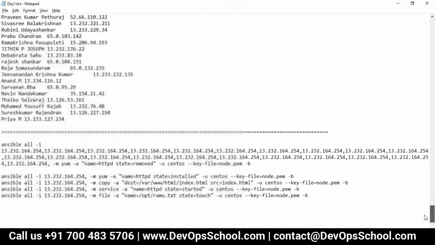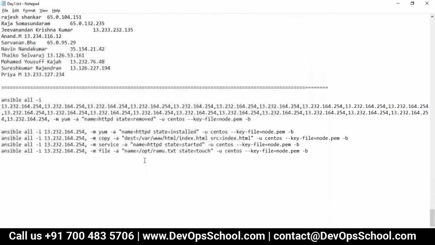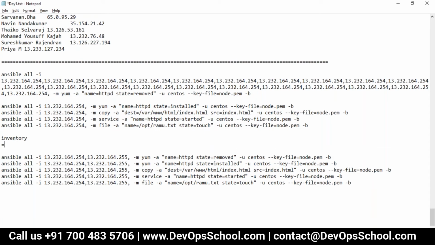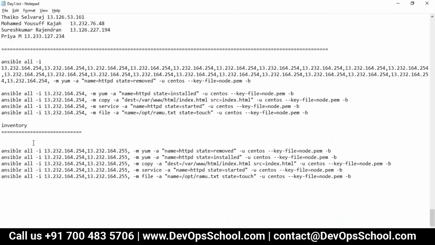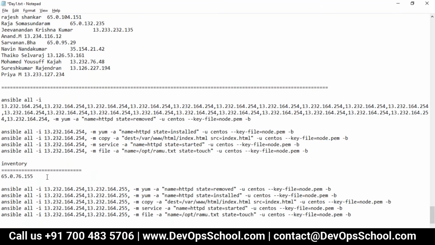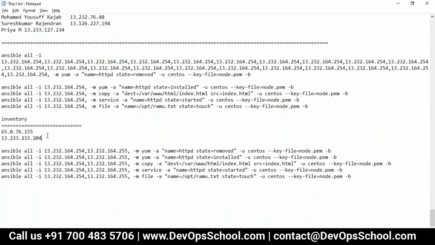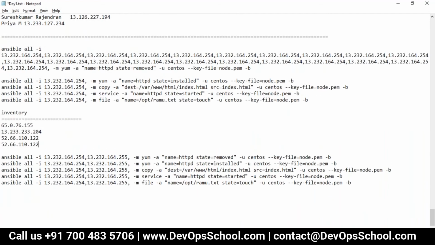Right now, I'm going to use some of your machines for my demos. So let's do one thing. Let me create an inventory file. In the inventory file, I will have some of your IP addresses. I'm borrowing them for 5 minutes. After that, you can do whatever you want. I'll take 4 IP addresses: 1, 2, 3, 4. Okay, guys, so I'm taking these 4 IP addresses.